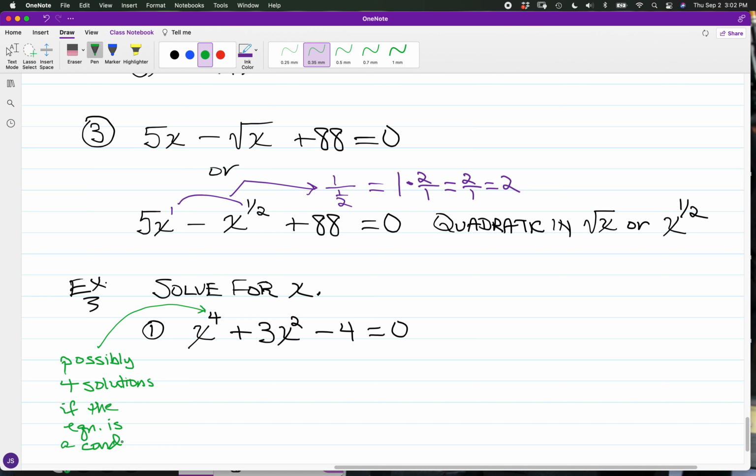Conditional as in where you're going to have solutions, but a limited number of solutions. Otherwise, you might have at the extreme an infinite number of solutions if we happen to have an identity, or we might have no solution, like trying to say that two sides are equal to each other when they cannot be made equal. Right, and for this equation, x to the fourth plus 3x squared minus 4 is equal to 0, you have a 4 to 2 ratio,